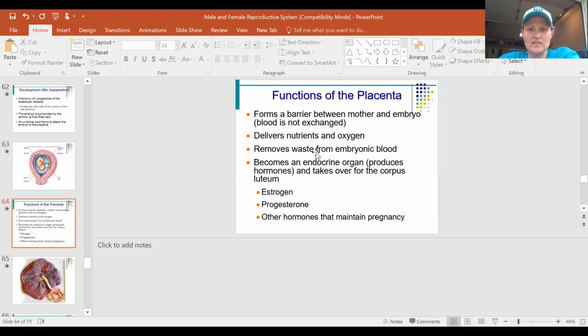Functions of the placenta. I think I already went through this. Another huge thing is that the placenta becomes an endocrine organ. After the blastocyst is implanted on that uterine wall, the ovary is not going to make progesterone and estrogen anymore. And so the placenta is going to become an endocrine organ. It's the only organ that we have at one point and then don't have later on. So it's only there during pregnancy,